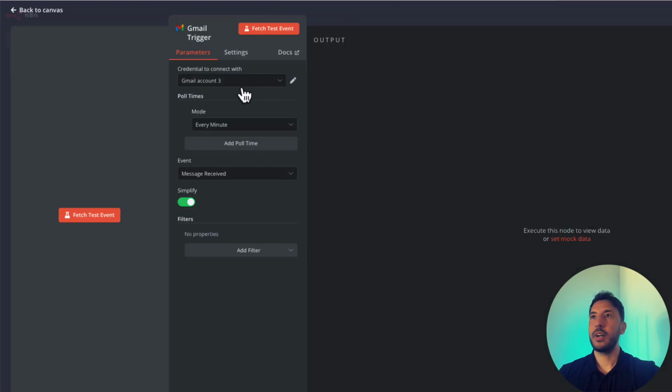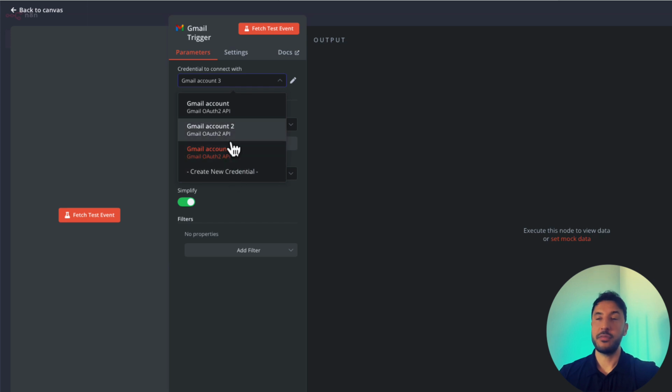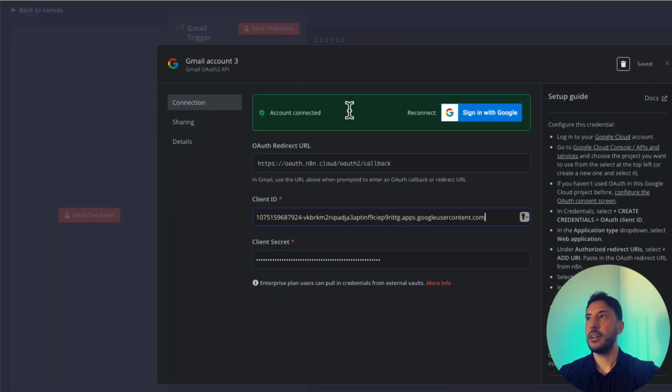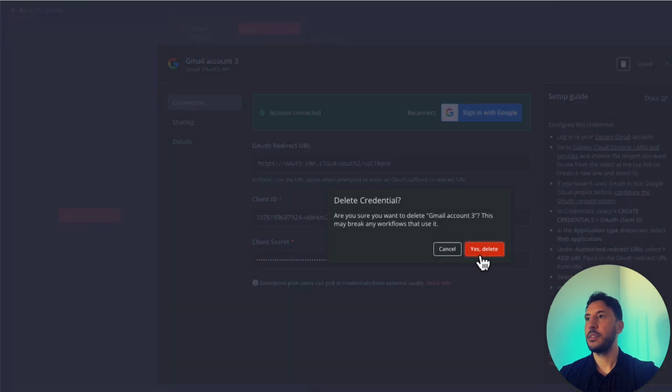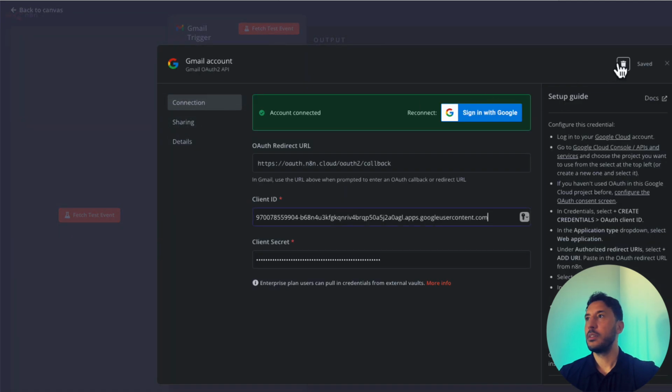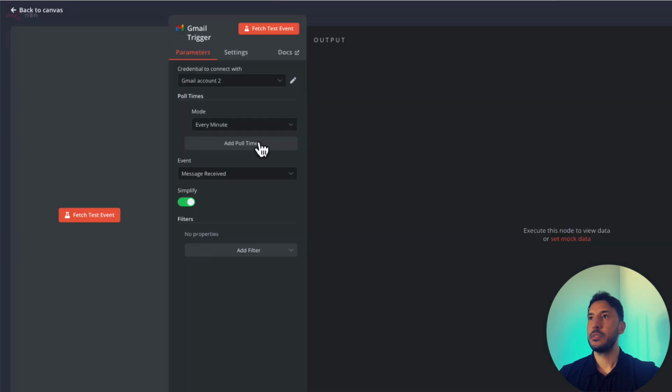Once you go back, your account is going to get connected. Mine, because I already have several accounts now, this Gmail account shows up. But I'm going to go ahead and actually delete some of this because I already have a ton in there. Let me get rid of this. Go back. Let me get rid of this too. All right, perfect. There you go. So you're going to select your account.